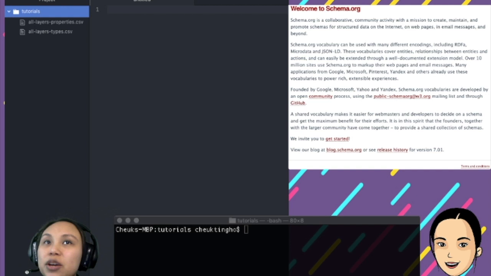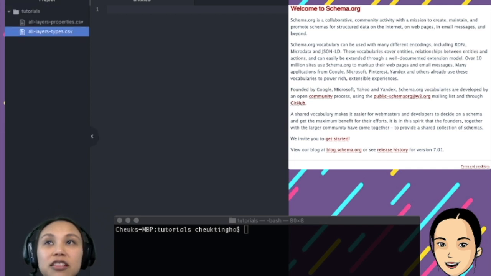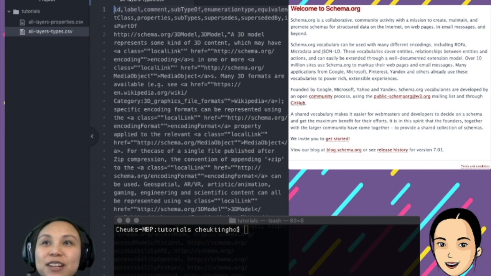If you're curious, you can go to schema.org and check it out. But right now I would just click on it and show you this. Actually, it's not good to show it in Atom because it's a CSV, and you see, it's just a bunch of text separated by commas. This is what CSV means in Atom. It's not like Excel that would put it in cells. On a Mac, you can right click on the file in your Finder and have a quick look at it. It's more like an Excel format, but it doesn't show everything.